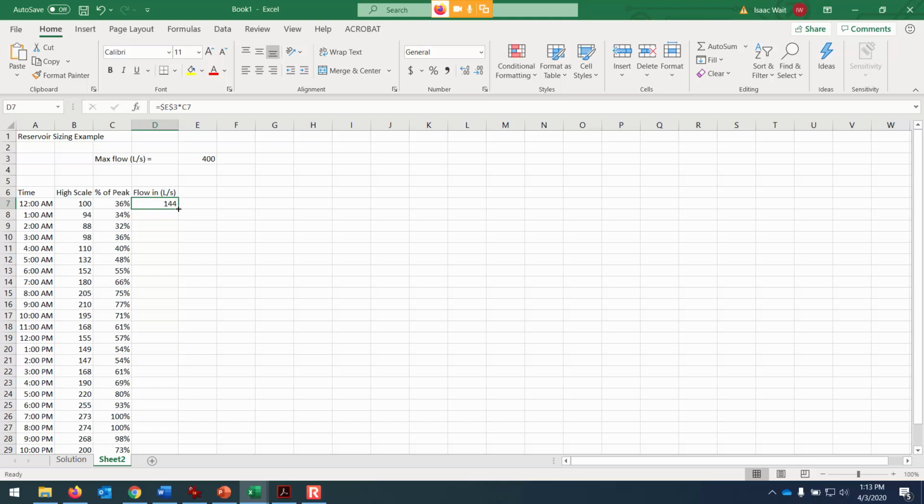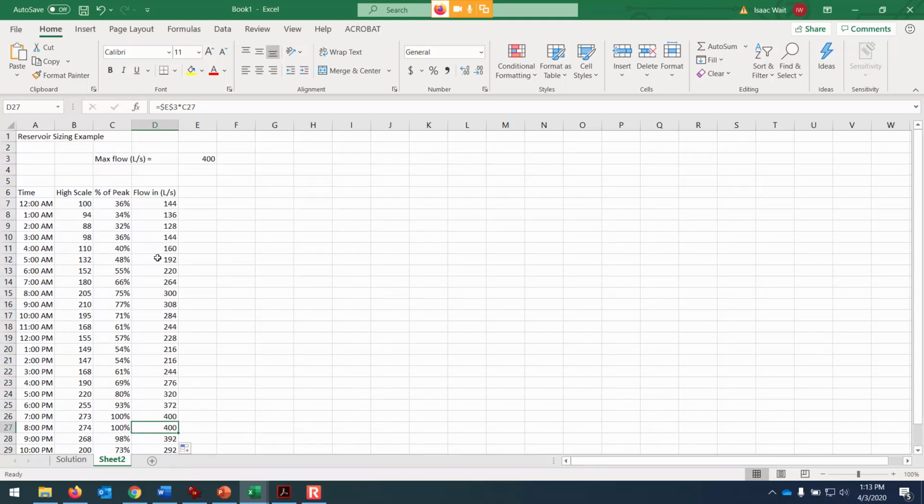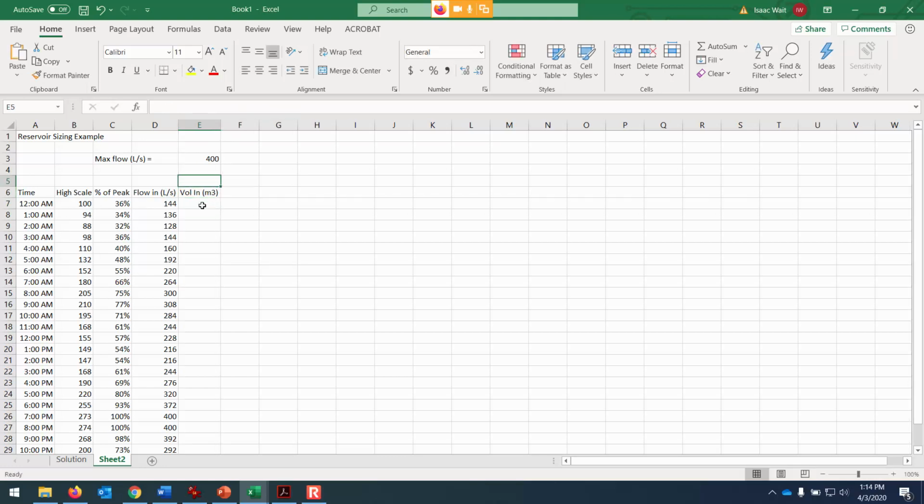And so then if I drag this down through all the rest of them, I'll notice that it peaks out at 8 p.m. And so right at midnight it's 144 liters per second, 1 a.m. 136. So I know the flow, and then from that, because I know that in each hour there's 3,600 seconds, I can calculate a volume during that 1 hour period. I'll express this one in terms of cubic meters though, rather than in liters. And so if I have 1 hour of 144 liters per second,